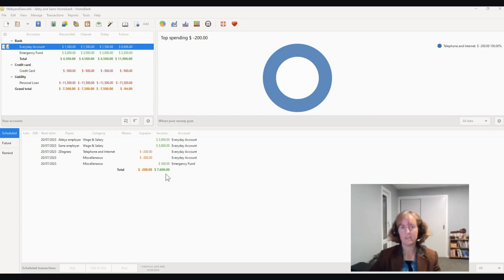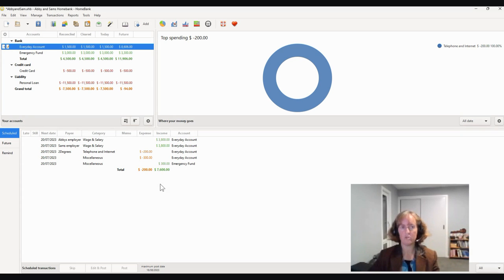Okay, so today we're going to crack straight into it and we're going to look at transactions. There's two ways that you'll put transactions into Homebank. The first one is to do them manually, and I'll show you how to do that today. And the second one is where you import your transactions out of your bank account, so that we'll do in the next session. That one will be slightly longer than 5 minutes, I have to say, but we'll show you how to do